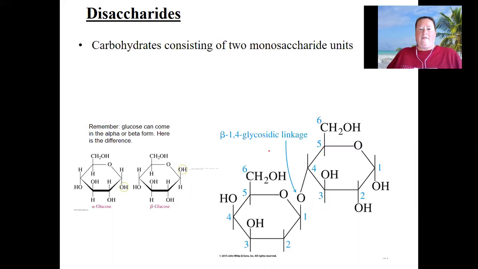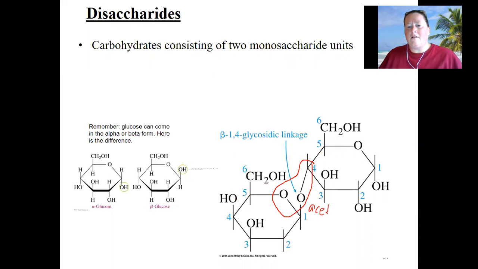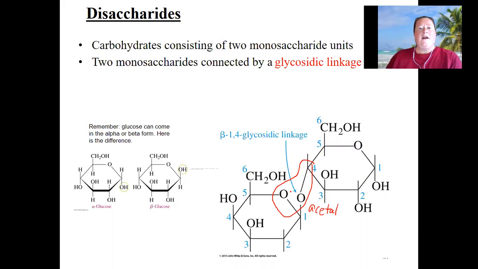So here I have two monosaccharide units that are hooked together right here, and this is a special type of linkage called an acetal linkage, and you won't have to memorize that, but if for some reason you ever take a biochemistry class further in your education, you might come across that. So that linkage again is called a glycosidic linkage,